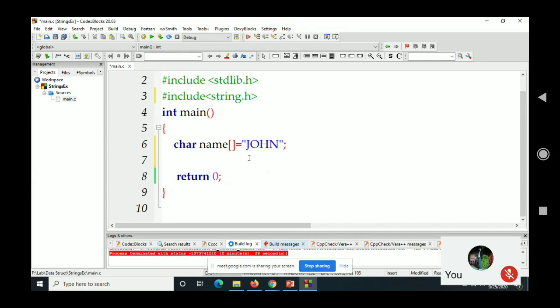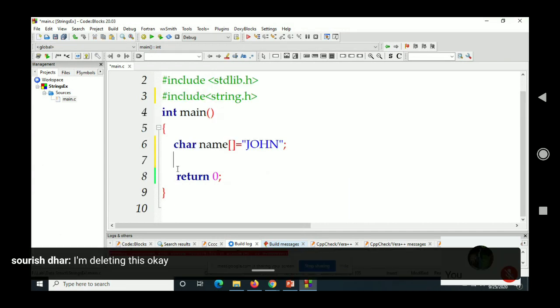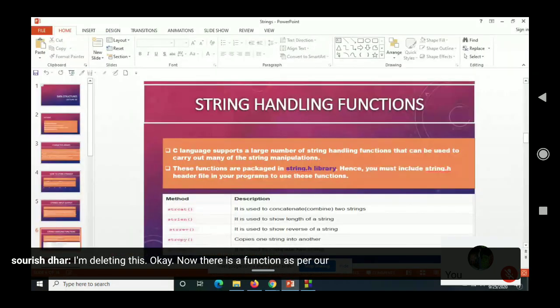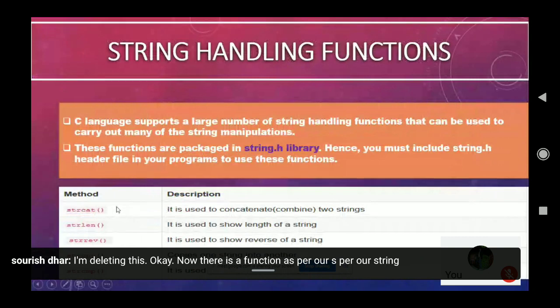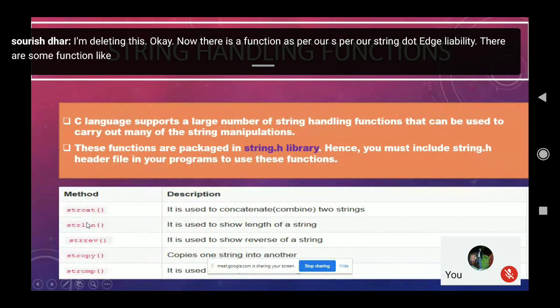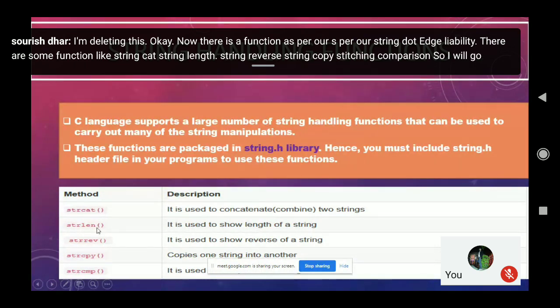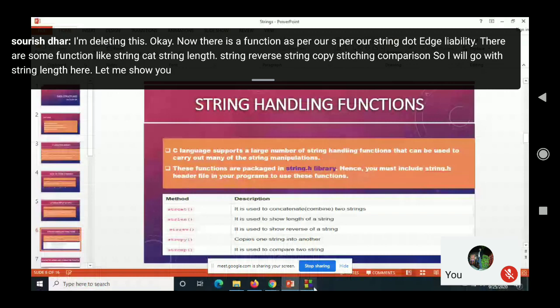I'm deleting this. Now there are functions in our string.h library, like string cat, string length, string reverse, string copy, string comparison. So I will go with string length here. Let me show you how string length works.